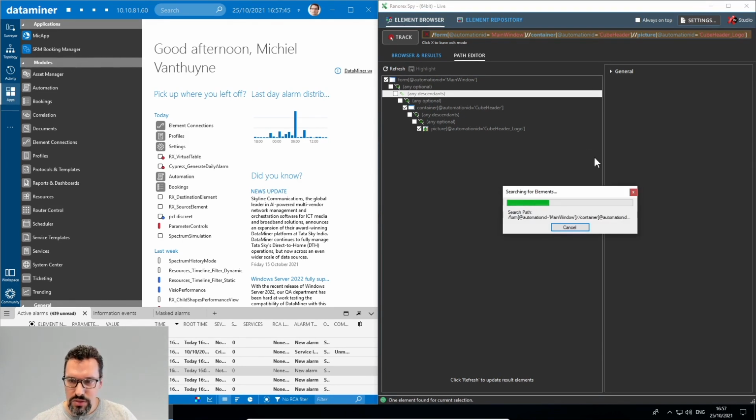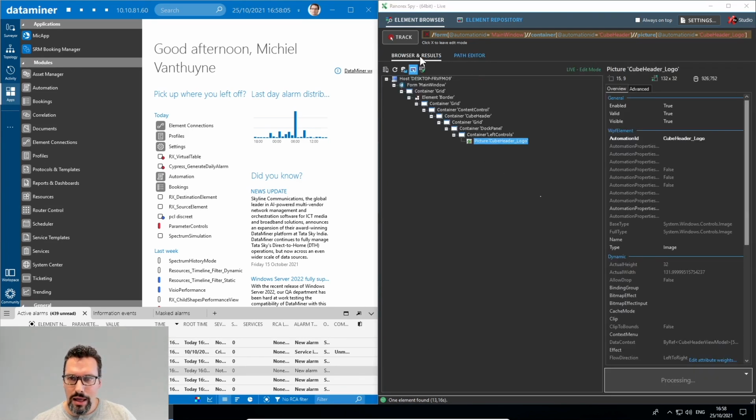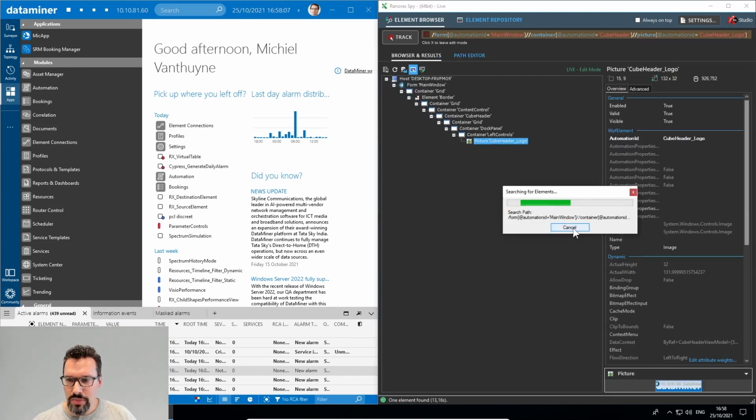Let's do a search for this one. As you can see here, using the double slashes, it's taking significantly longer because it's basically browsing through the whole UI tree. So as you can see now, it took 13.16 seconds to find this element, and we can speed it back up again. Let's cancel that